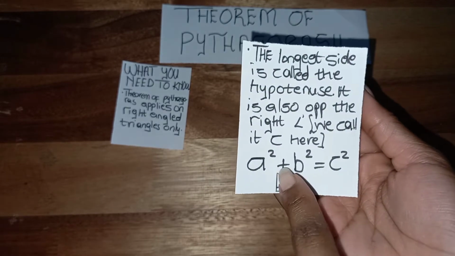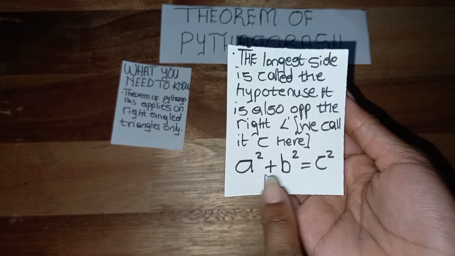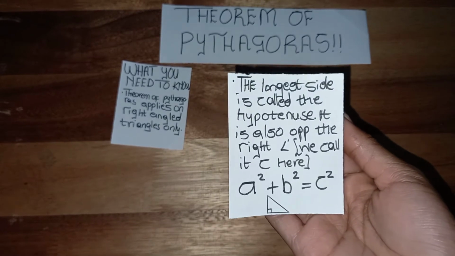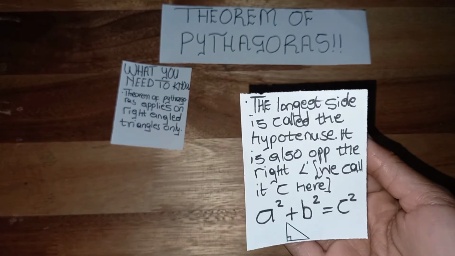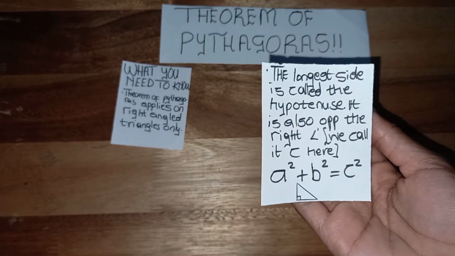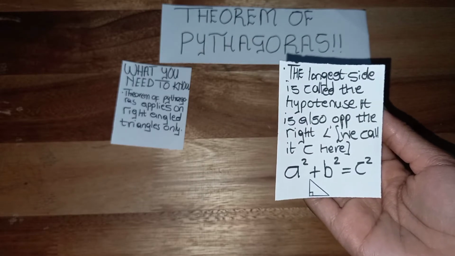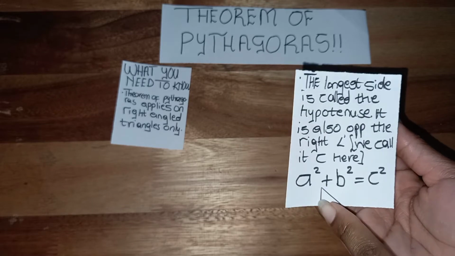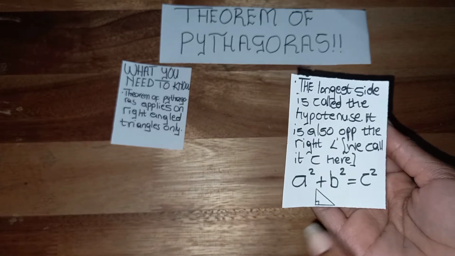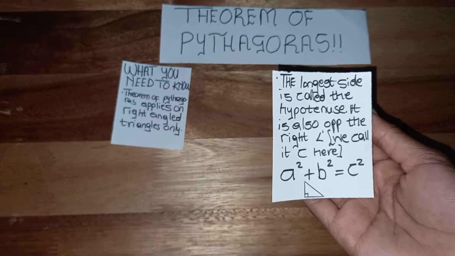So as you can see, we have a right angled triangle here, and the side which is opposite the right angle is called the hypotenuse, and it is the longest side. The Theorem of Pythagoras states that the legs of the right angled triangle squared equal the hypotenuse squared. So which are the legs? The legs are these ones that form the right angle. So it means that this side squared plus this side squared gives us the hypotenuse squared. So we'll just be